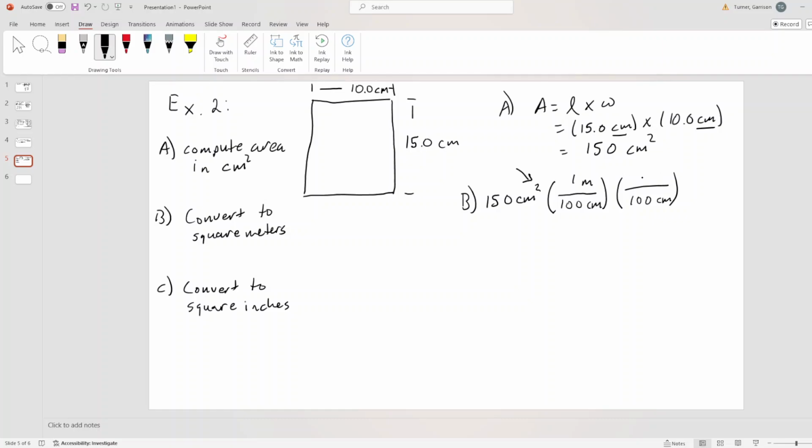And each of these is 1 meter. Okay? So now I need to take 150 and divide it by 100 2 times, right? So 150 divided by 100 is just 1.5. And then divided by the next 100, it's going to be 0.015